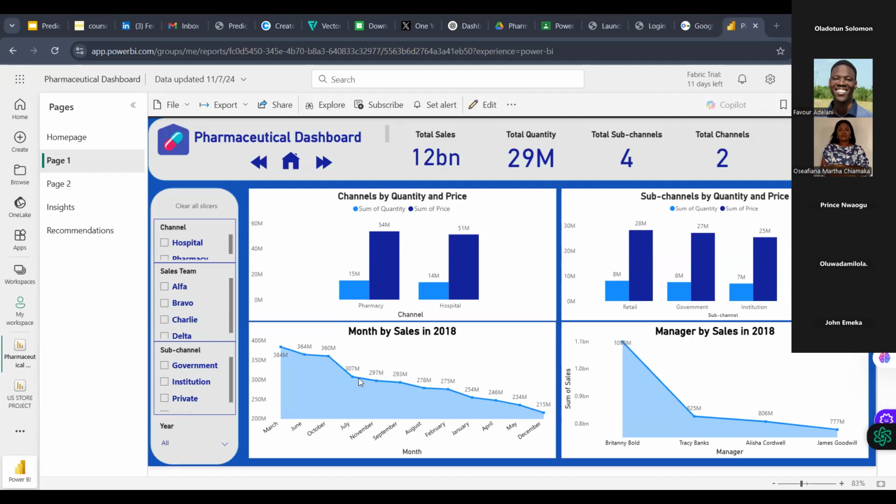So let me give us what I would call data visualization tips. Just like I said earlier, we have practice and we have best practice. Now, when you are visualizing, particularly in Power BI, one of the things that you need to consider is the canvas size.